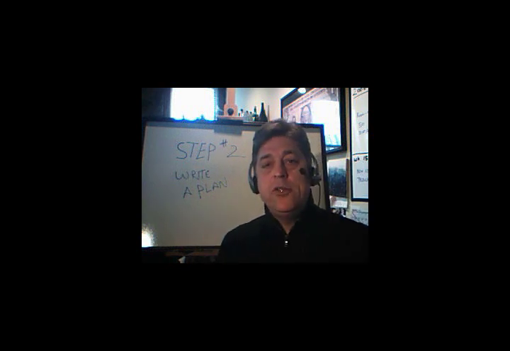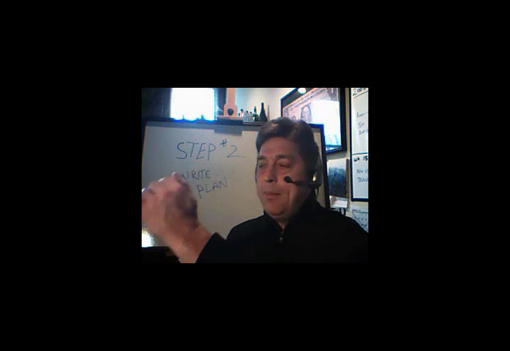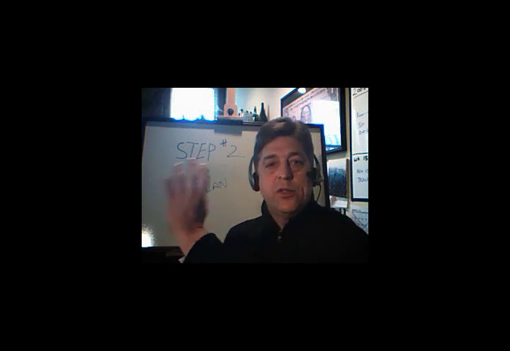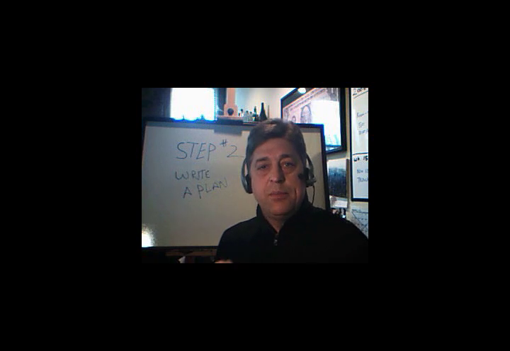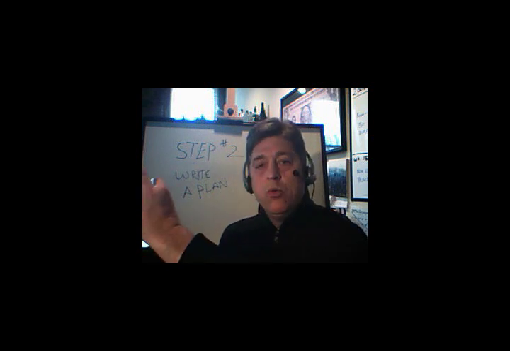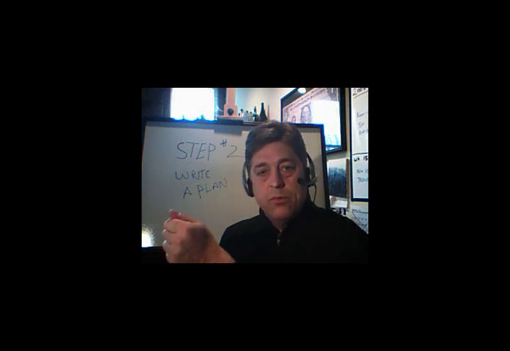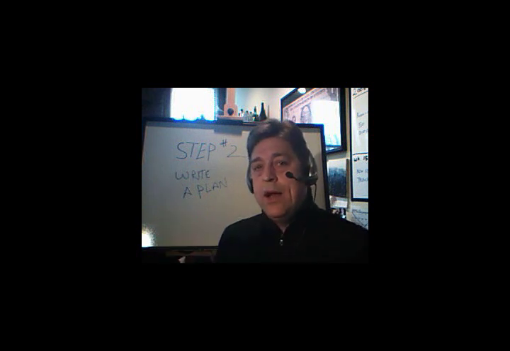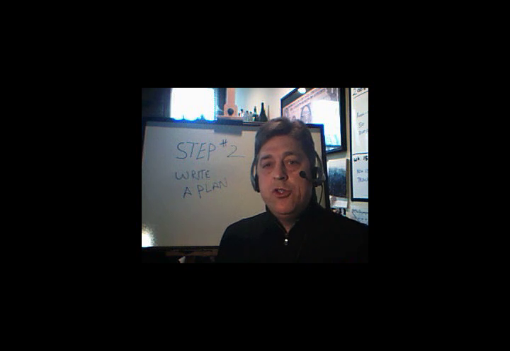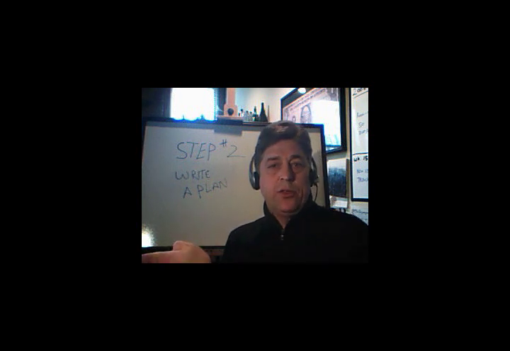It's so much easier to write rules that will discipline your behavior if you know from past, documented experience: every time I did A, B, and C, I ended up with this result that I don't want. It's right there in black and white. I've done it a whole bunch of times. I'm done doing that now. Here's my new rule set, not to do A, B, or C. And it's right there in front of you. Writing everything down and having a plan gives you that baseline to compare everything to.